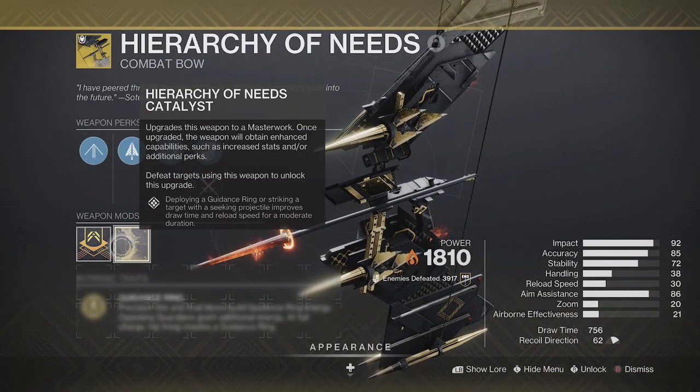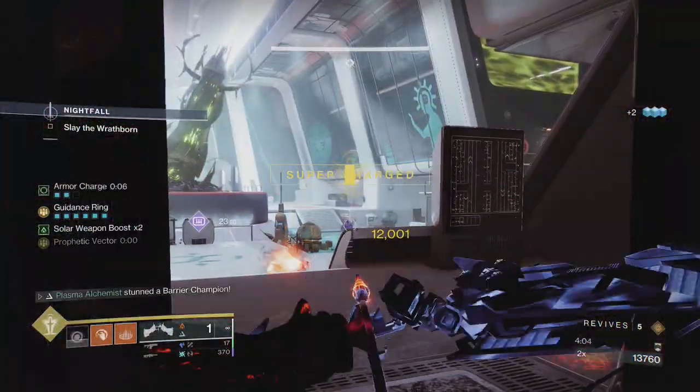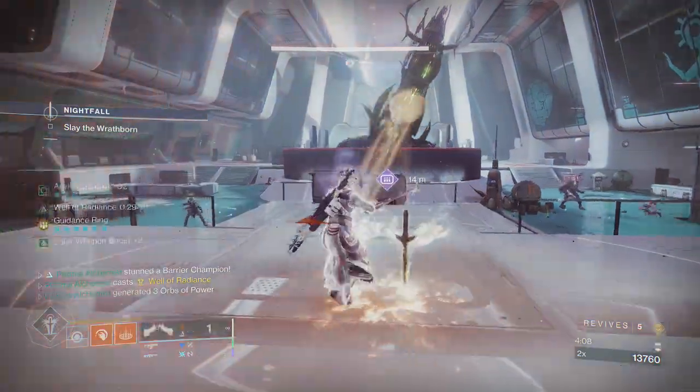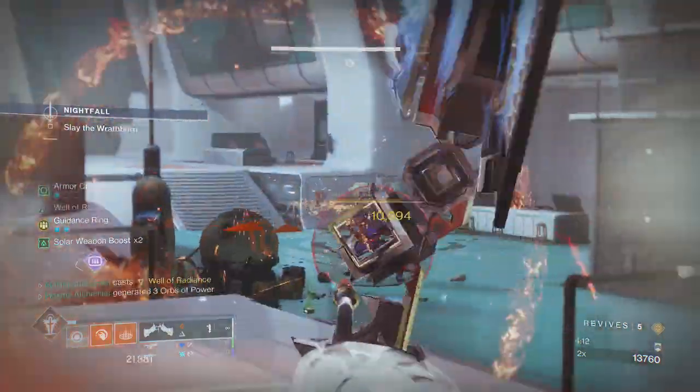This bow, obtainable in the Spire of the Watcher dungeon, gains charges of guidance ring on precision hits and kills. Once you have 6 charges, the guidance ring can be deployed by hip firing. Shooting Hierarchy arrows through the ring fires 3 shots that do massive damage for a primary, even more when you